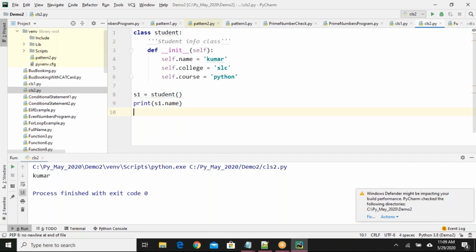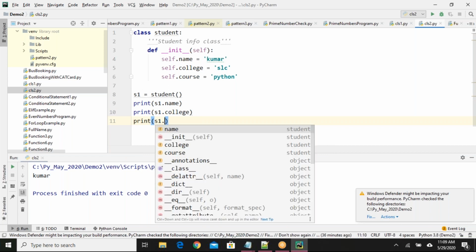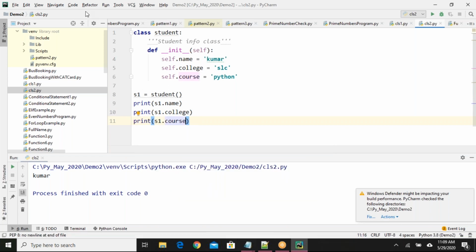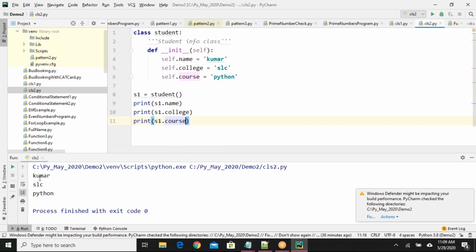Okay, let me print all actually. Print s1 dot college, print s1 dot course. Okay, so let me run this. Done. Kumar, SLC, Python. I'm able to print them.